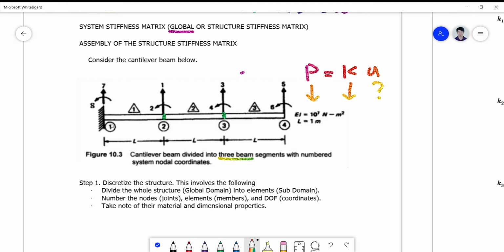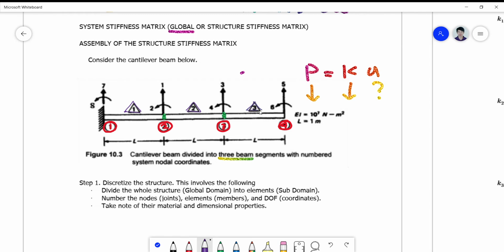After which we number the nodes. So the nodes are numbered in terms of a circular enclosure: 1, 2, 3, and 4. Okay, so this nodal numbering is just for us to be able to look into the connectivity. But this nodal numbering is less important than the other numberings. What is more important here is the element numbering or the member numbering, which is enclosed by a triangle, and